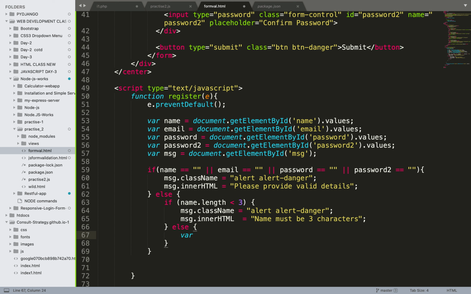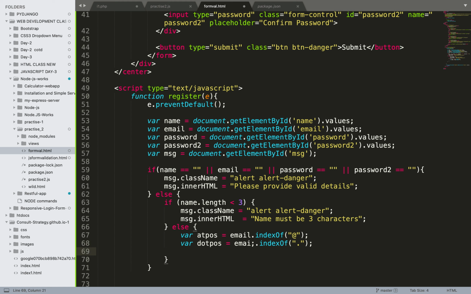So I need to create two more variables, var at post and index of, and it will be containing the dot.